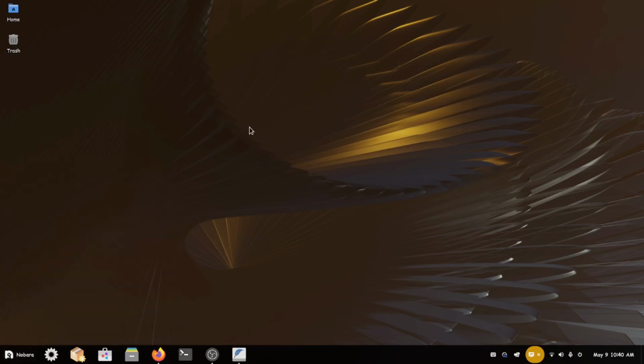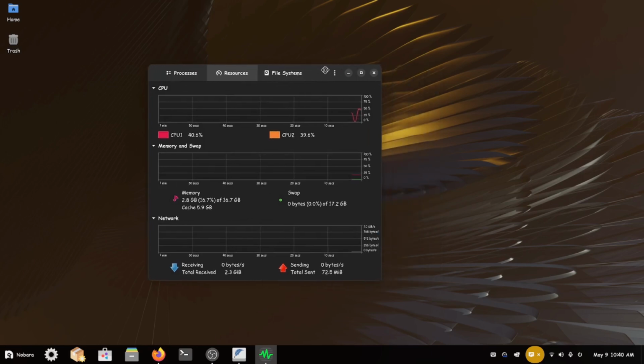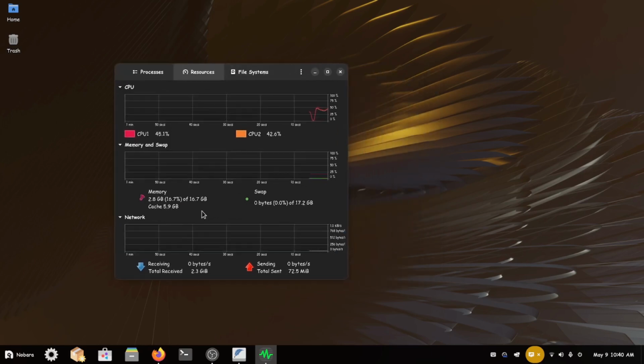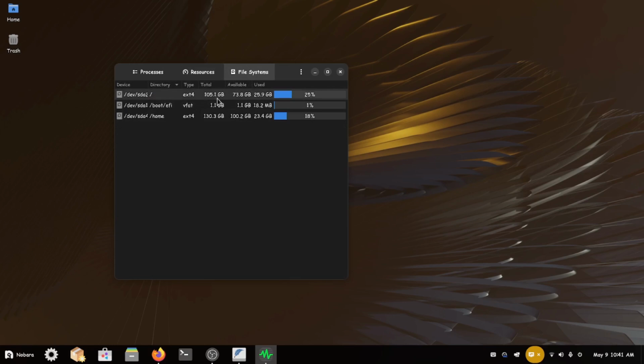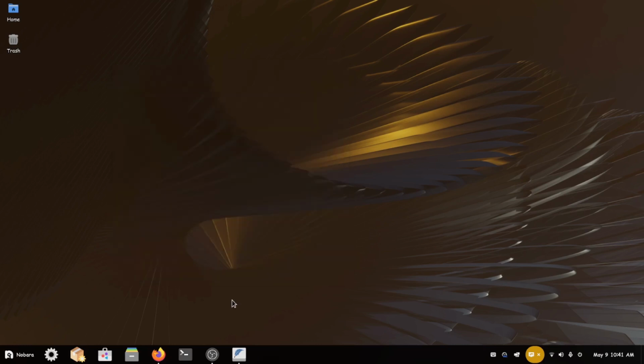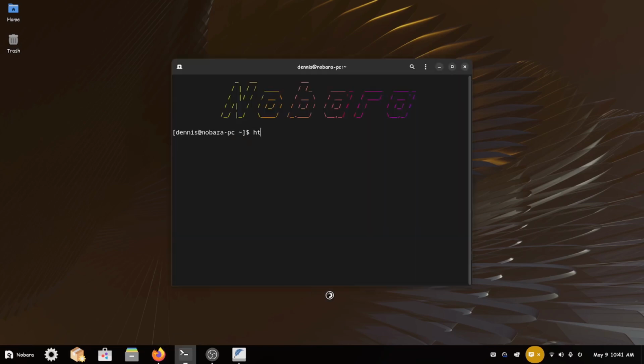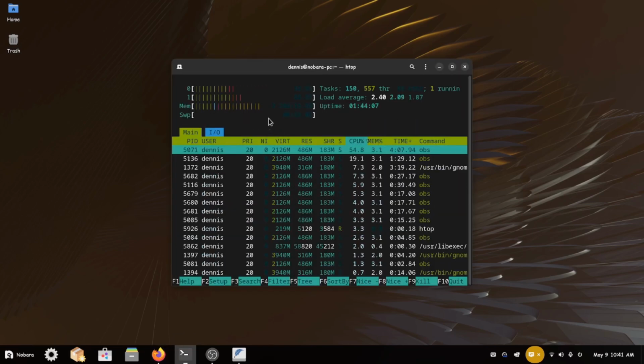Bring up the system monitor and we'll look at that. See how that, 2.8 gigabytes of RAM. We're hovering over 30% CPU usage. And again, here we got 25.9 used, right at 26 gigabytes used. So we got fastfetch and neofetch. Let's see what htop is running right now. 2.2 gigabytes, pretty much what